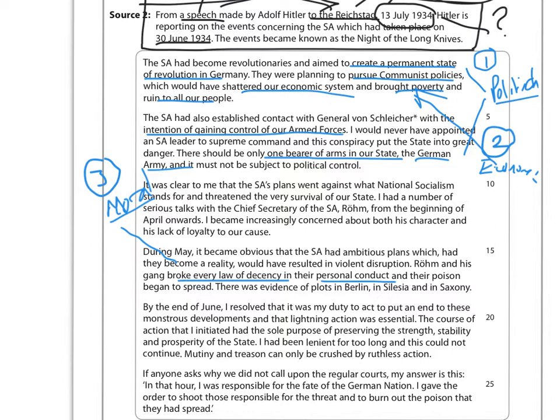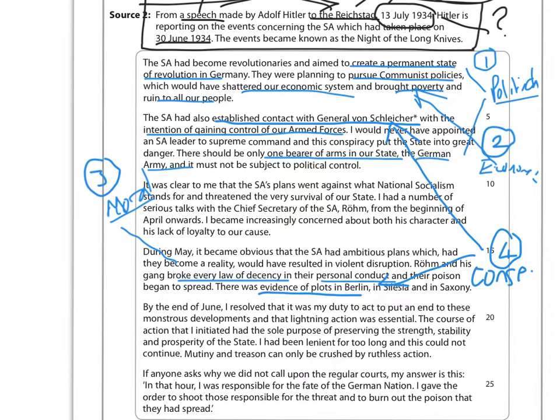Any other ones? I would say yes. Up here, it talks about them establishing contact with General Schleicher. And then further down, it talks about evidence of plots. Now, those 2 things are linked. Because again, what you should be trying to do is make connections. And I would say there's a 4th reason why they were apparently a threat, and that's that they were, I'll just put CONSP, conspirators. They were being conspiratorial. They were being plotters. Okay, so that's enough. I've got 4 different reasons from the source that answer the first line of inquiry about why they were a